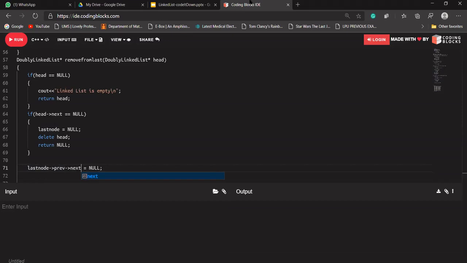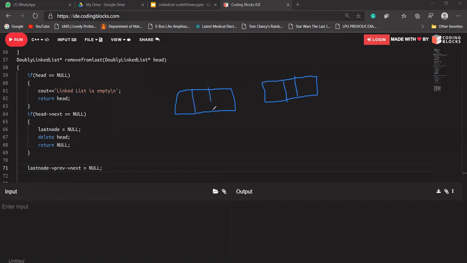Let me make you understand why I'm writing this. Suppose there is a linked list and there are two nodes, because there will be more than one node if the program comes here. Let's say our head will be pointing to this node, obviously. And our last node will be pointing to this node.